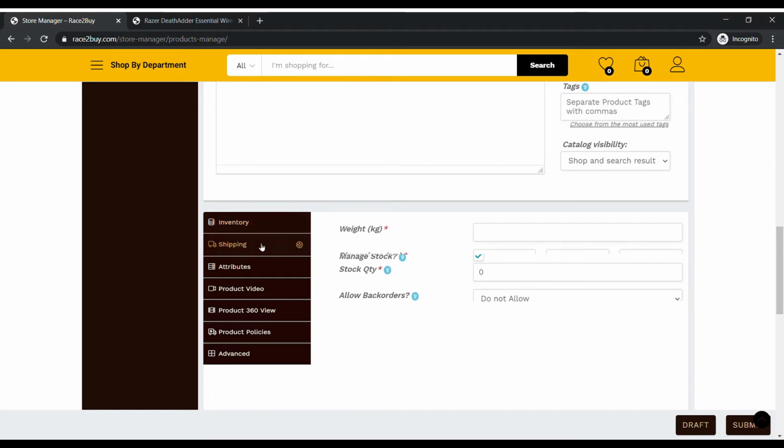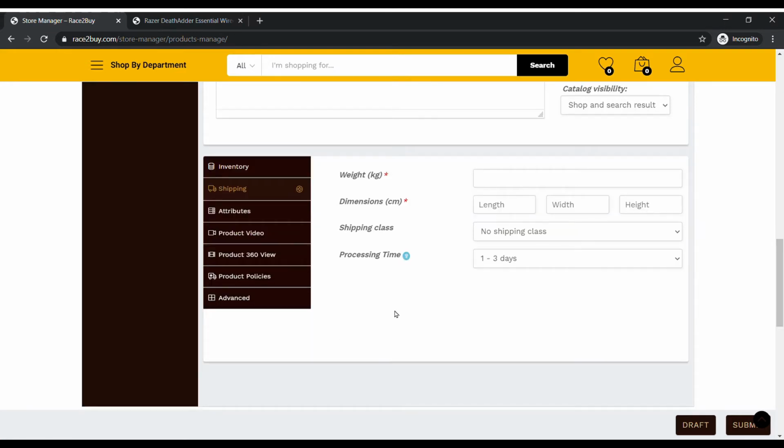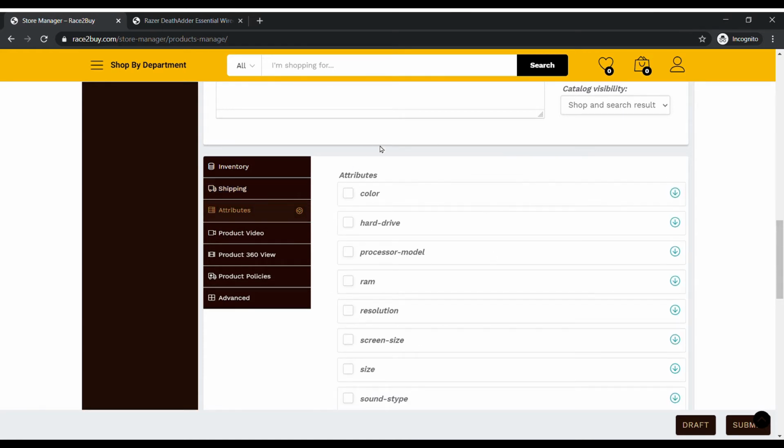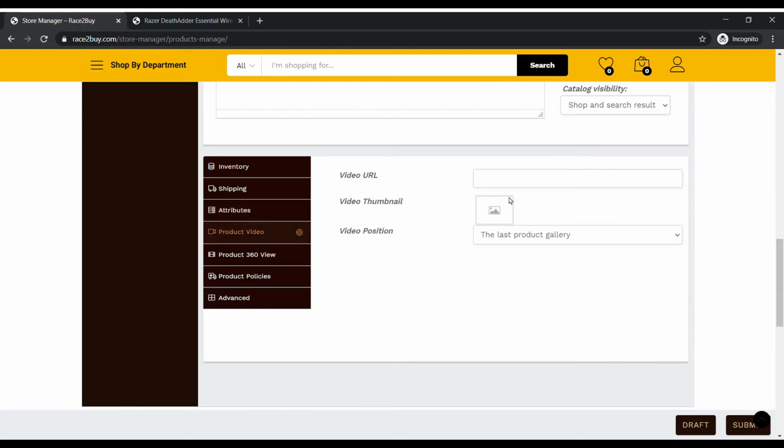Alright, so now let's go into shipping. Shipping is quite important for you to put the accurate weight and dimension, and also your shipping time, so that there is no conflict with delivering your product. Okay, so now let's go to attribute. For a simple product, you can actually ignore the whole section of attribute and we can move on to product video. If your product actually has a showcase or a review already done for you on YouTube, you can add the link here and the thumbnail here and the positioning of your video,